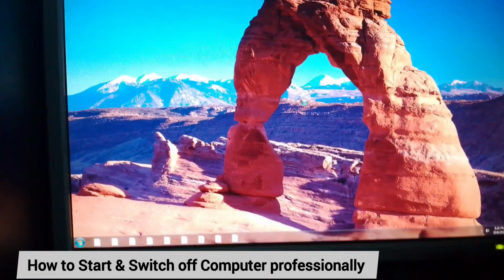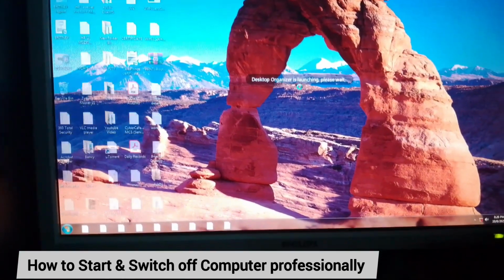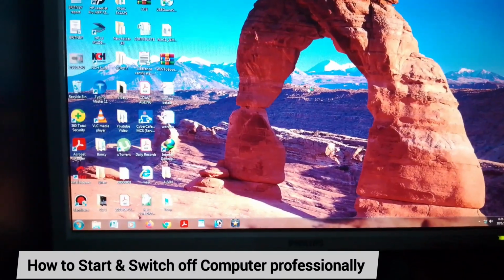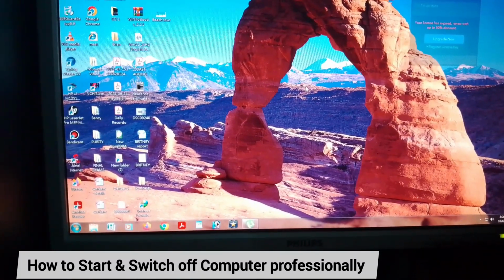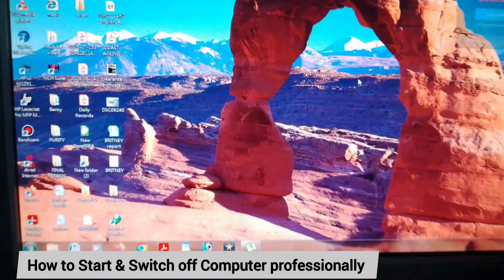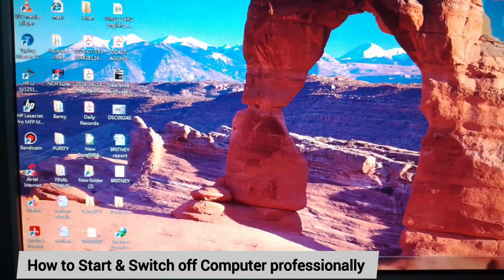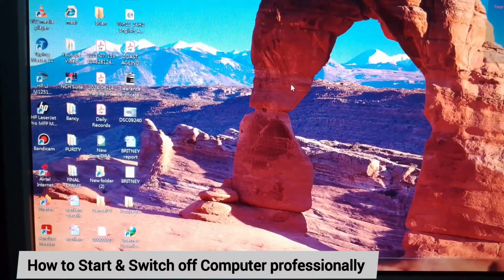So our computer is on. The computer has already started. So what you will do here is, once the computer has started like this and it is ready to use,